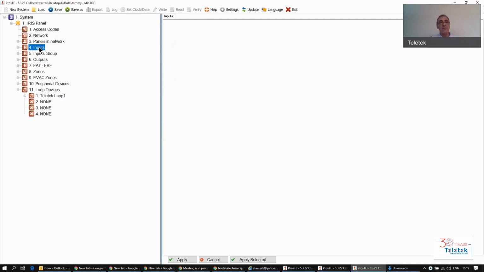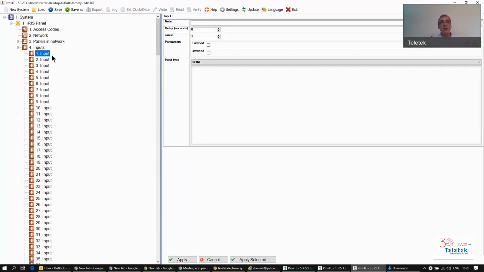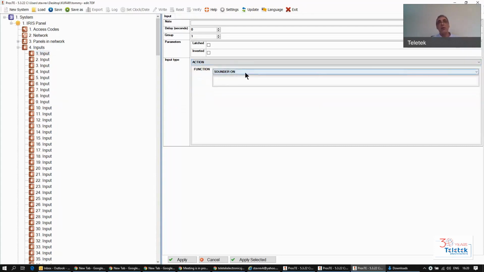Over here, inputs and outputs. Now you have 250 logical inputs that you can assign to something. You can design an input to monitor the system for something. The most used event and the most comprehensive event that you can choose is action sounder on. What that means, you want to send the elevators to the first floor or activate aspiration or the air conditioning system